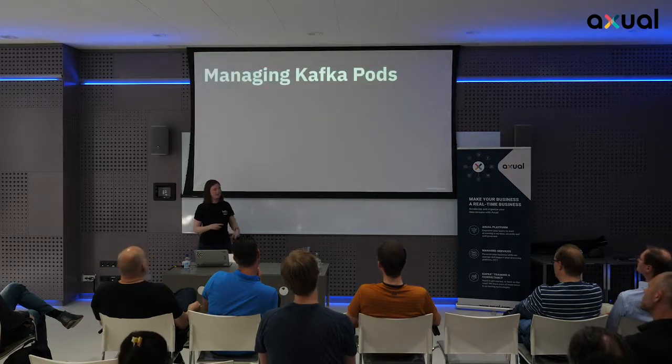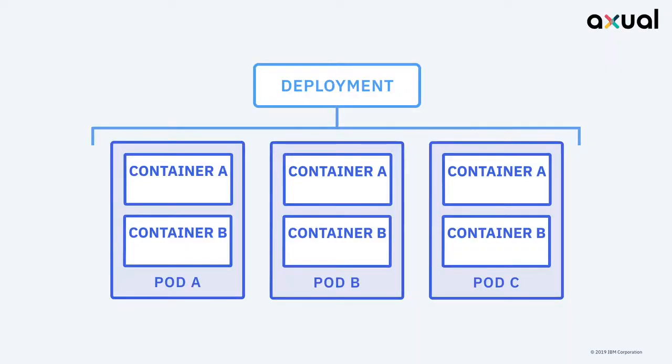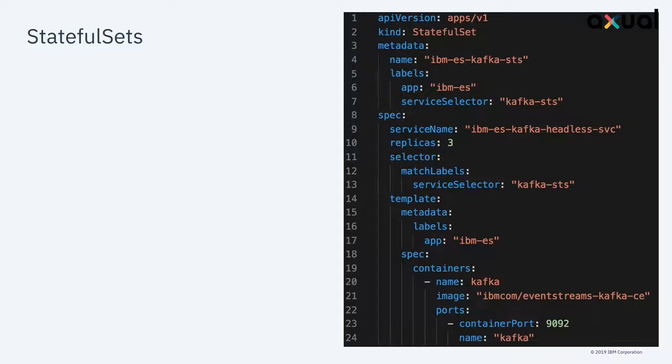Okay. So now that we've got our pods, they stand up and they run. This one kind of goes before, but I think it works better talking about it in this order. Now we have to think about how we're going to manage the pods. I talked about a deployment before, and the fact that when people start being introduced to Kubernetes, they get introduced to a deployment, where you can set a number of replicas and they stand up, and that's fine. For Kafka, that doesn't quite work.